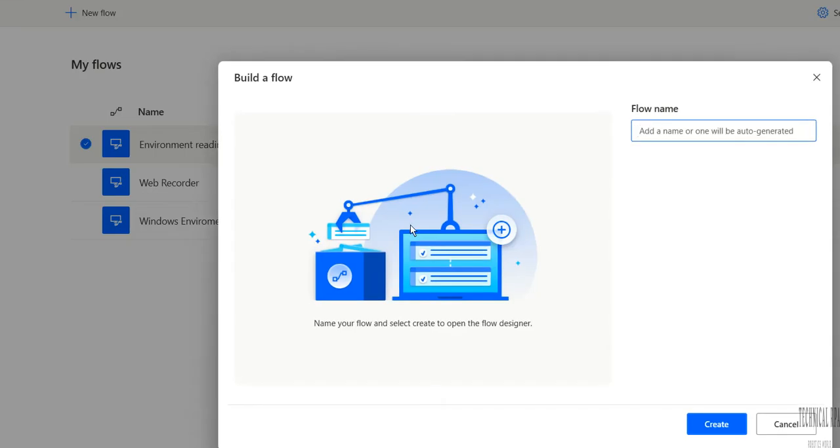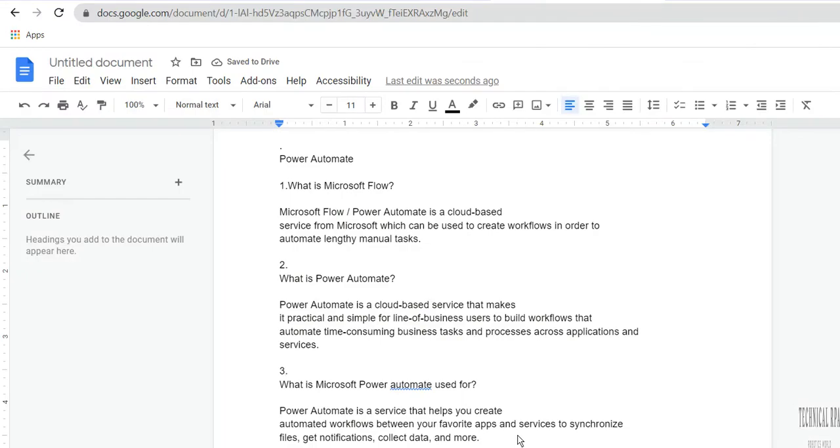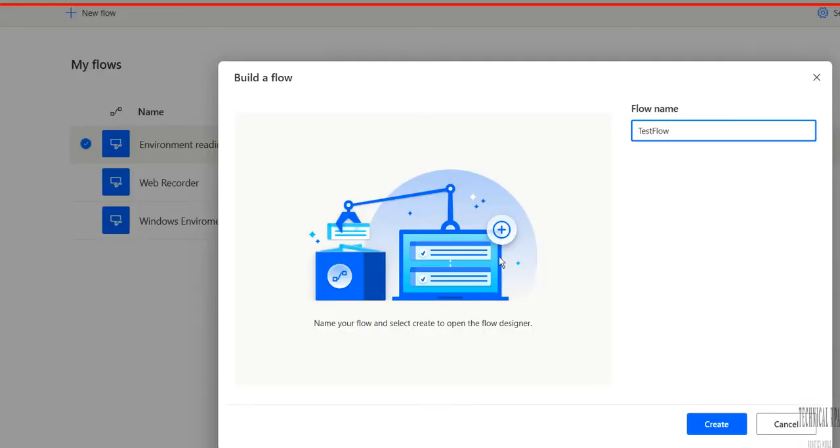When I click on it, test flow. So I'm creating a flow. For each and every flow, you can see Microsoft Flow and Power Automate, it is a cloud-based designer. Everything will work as cloud-based. In Power Automate, the main thing when we compare to other tools is that it is inbuilt and comes cloud-based,